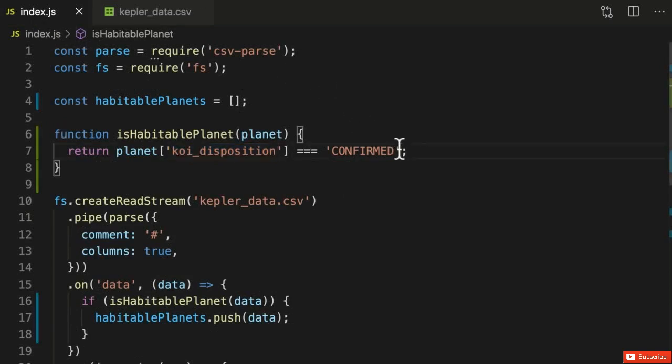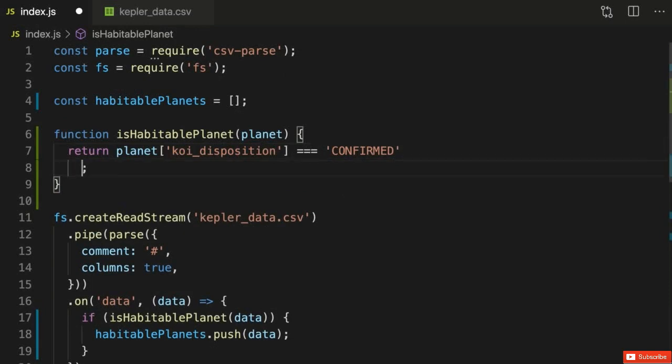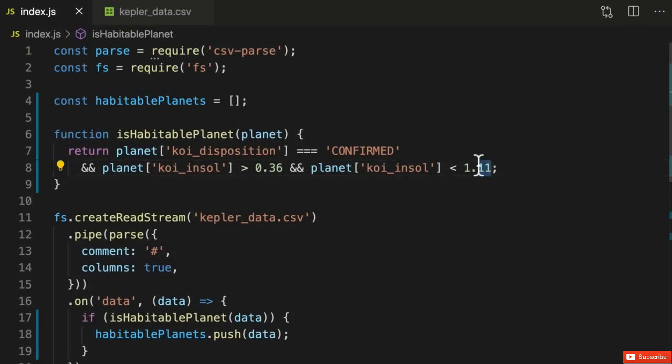So we're going to say the planet must be confirmed and its stellar flux must be greater than 0.36, and that same value must be less than the upper limit of 1.11. So just a little bit more light than we get here on Earth, and about 3 times less than we